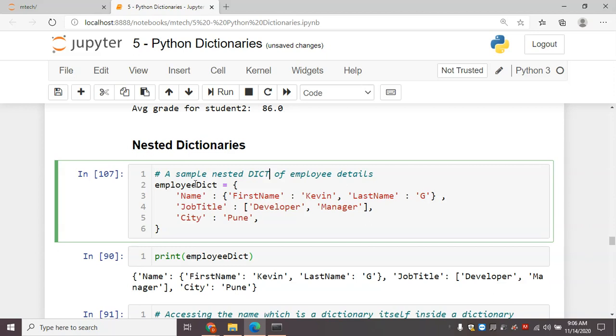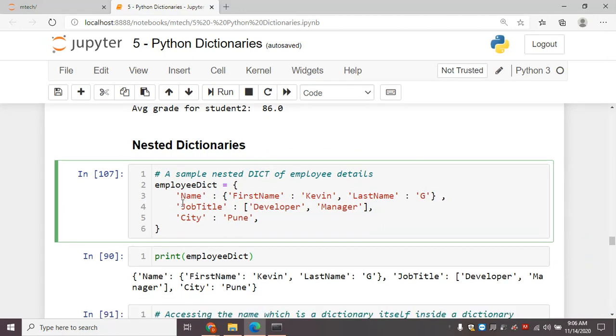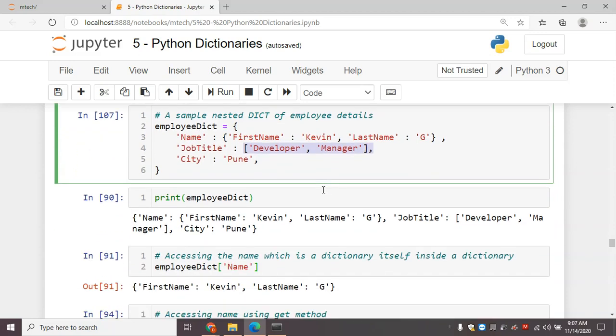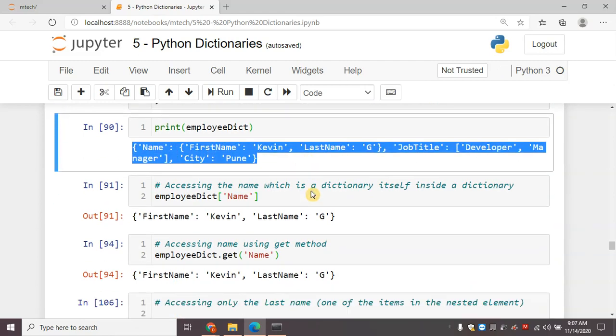This is an employee dictionary where the first name and last name of the employee are stored against name, the job title is stored against job title, and the city is stored against city. Here name is a nested dictionary and the job title is a nested list. If I print this, I can see this dictionary.